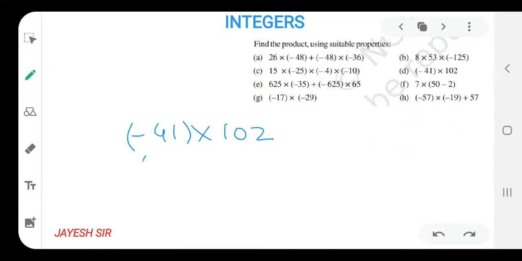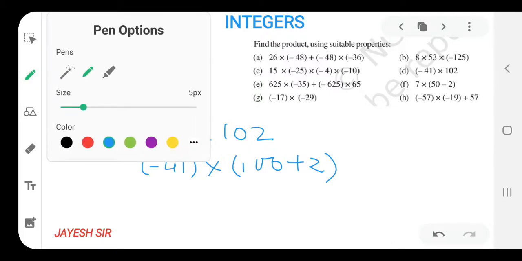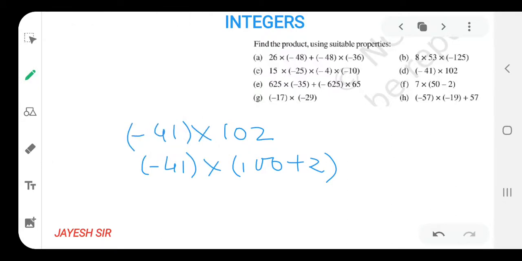So minus 41 is a prime number as it is. How can we write 102? Can we write 102 as 100 plus 2, as I am writing it in brackets only? So it is 100 plus 2. Yes. Now can you see something like the distributive property over here? So I will make the distributive property visible. Let us assume minus 41 as a into b plus c. You can see, friends, and b plus c is in brackets. I hope you all might be getting it, friends.